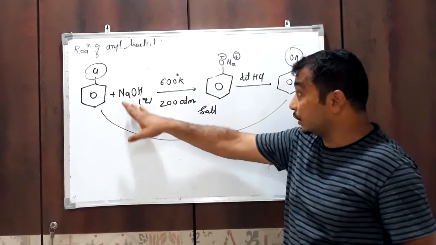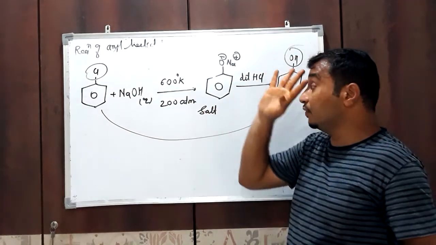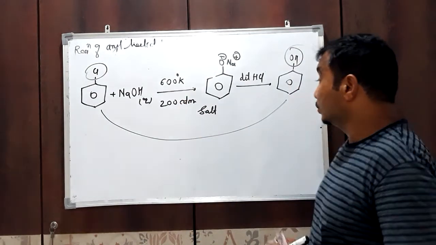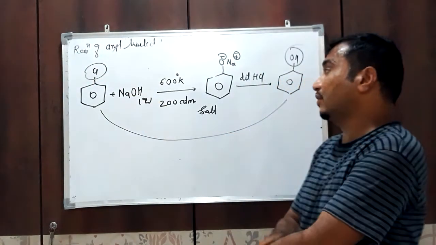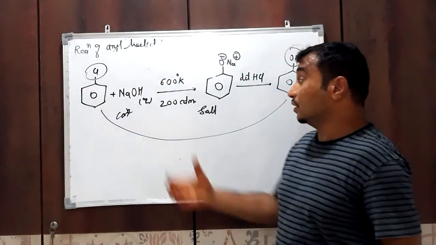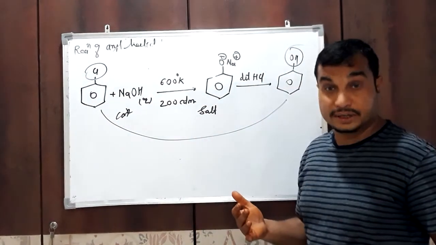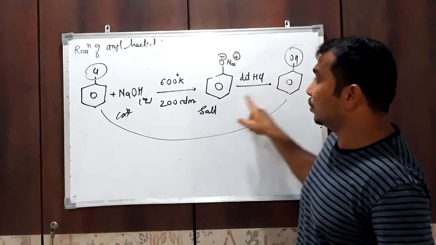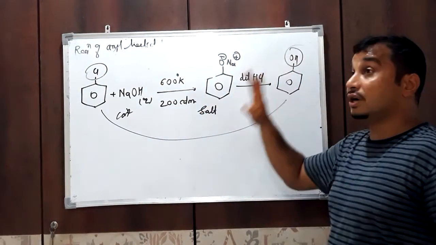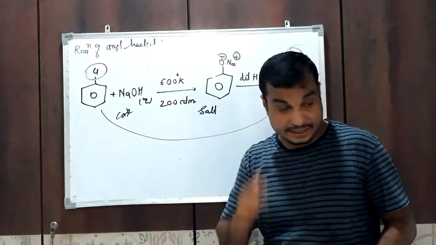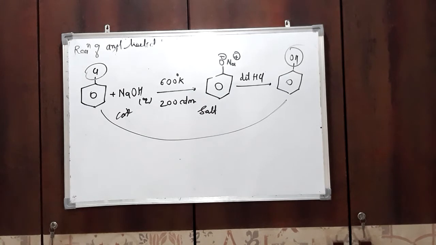We have to carry out this reaction at high temperature, like 600 Kelvin, and pressure is also required, around 200 atmospheric pressure. So first this chlorobenzene is treated with concentrated aqueous solution of NaOH, which means the quantity of reagent is also much required in this reaction. High temperature, high pressure, that is called drastic condition, then you will get this. So it is possible to replace Cl by OH, but not at normal condition; very drastic condition is required for this reaction. So this is one example of nucleophilic substitution reaction.